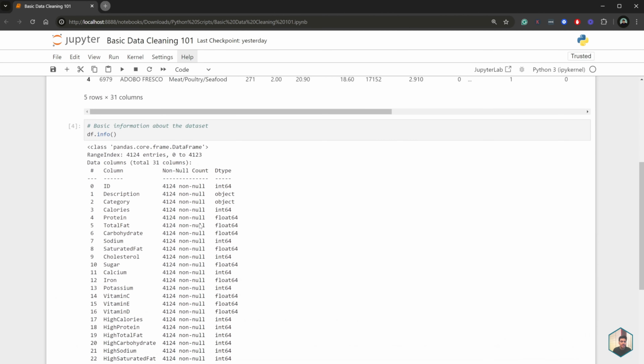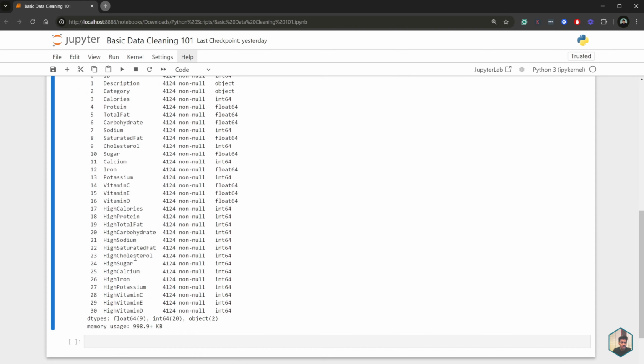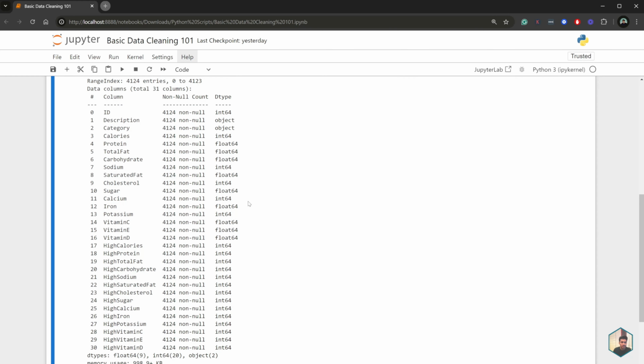This gives us information like the number of entries, which is basically the number of rows, and the number of columns. We have 31 columns, and it gives us the description for each of our column headers, as well as the data type of each. This is a very useful command that lets you get a glimpse of your data set.